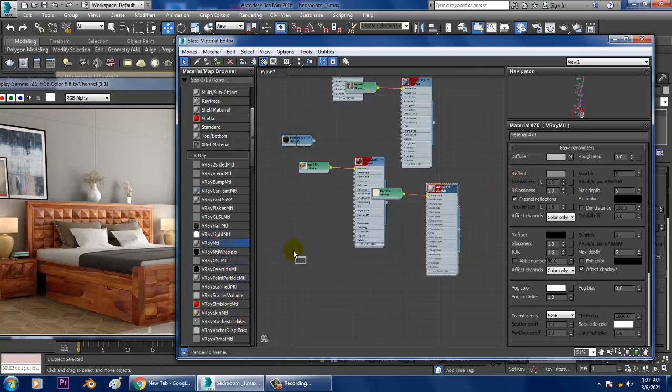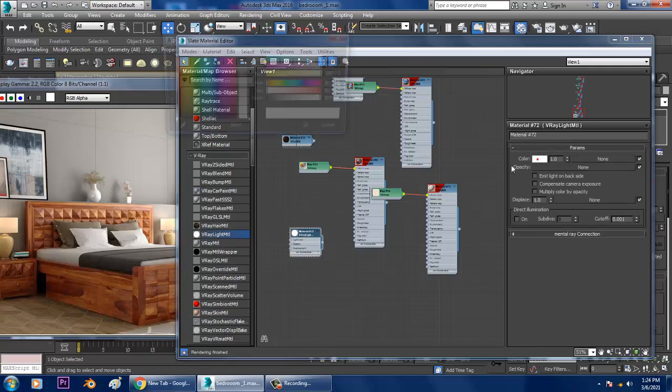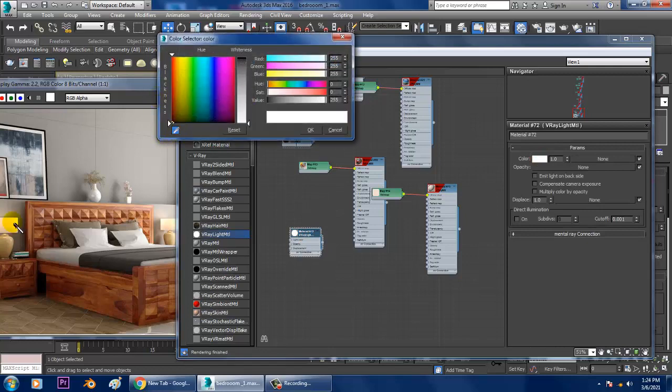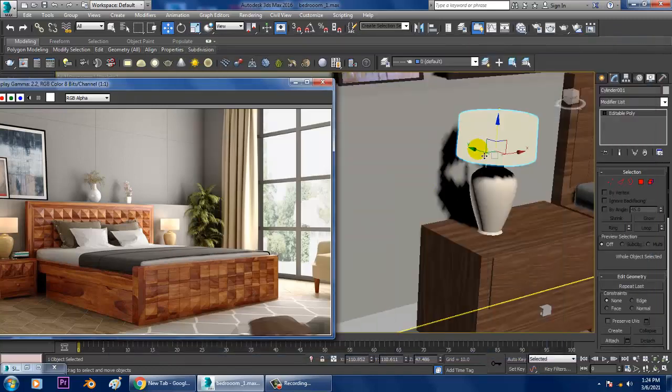Select this. For the light, let's take again a V-Ray material. Instead of a V-Ray material, I'll be taking a V-Ray light material. Light material would be much better over here. So let's just assign a light material to it in this way.